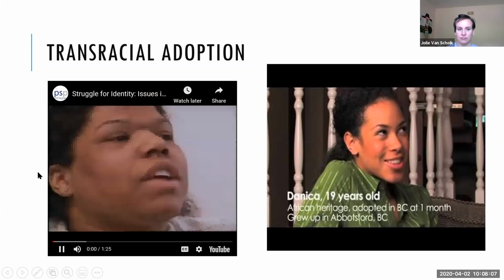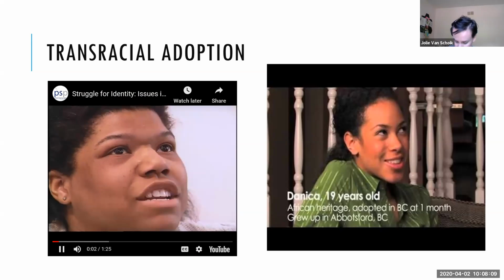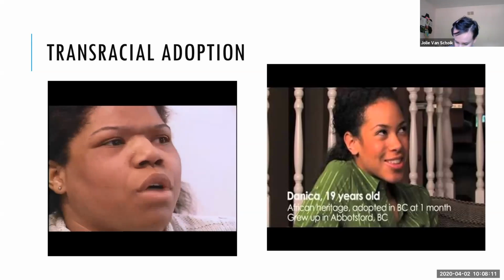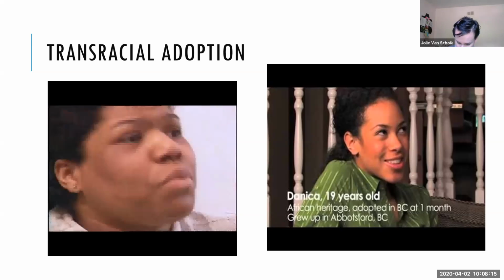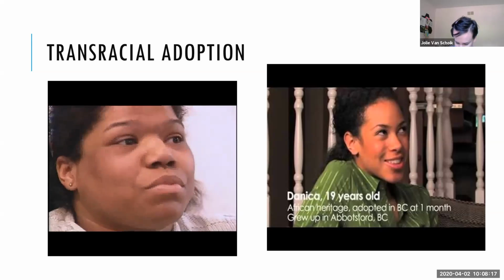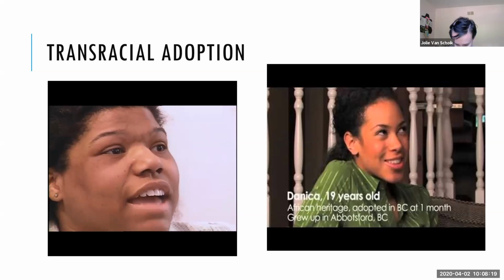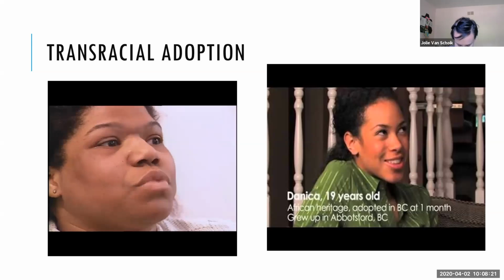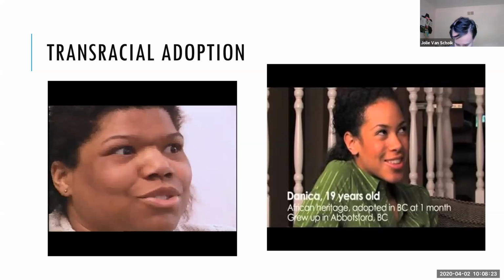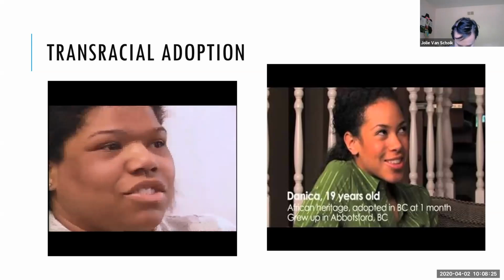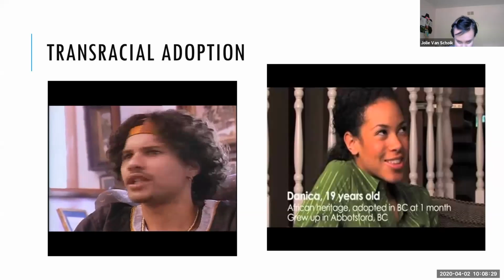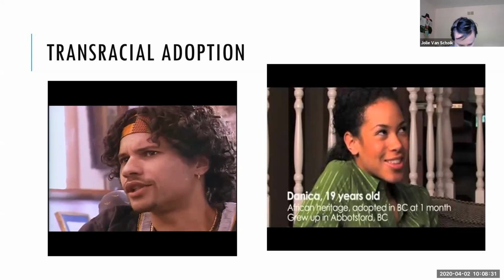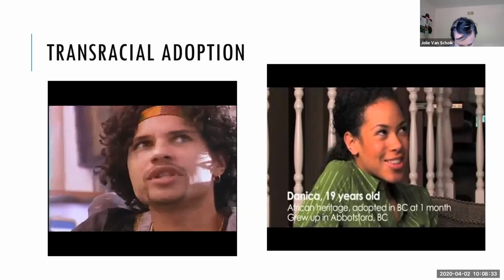I used to get very angry growing up when I would look at my dad's den or my mom's bookshelf and see how to raise a Black child. I'm like, why do you need a manual for me that you didn't have for your other three kids? But there wasn't a recognition that, hey, we're on a different track here, and we don't have all the answers, and we need to look to people who have parented Black children, who are Black parents, to give us the answers. You're white. Why did you want to adopt a Black kid or an Asian kid or a Latino kid? And there should be some sort of